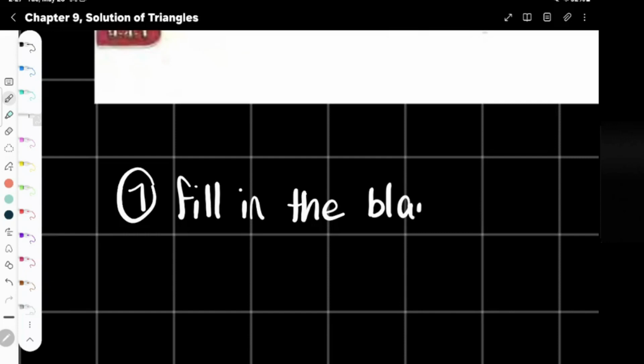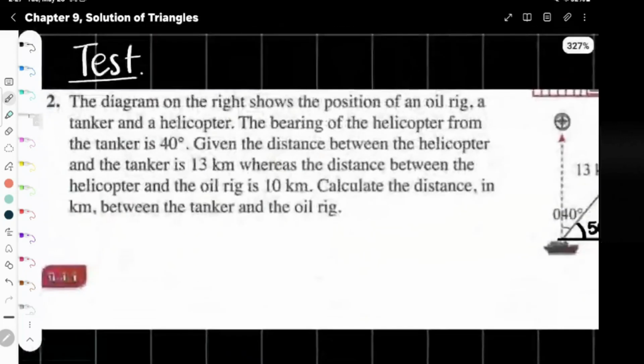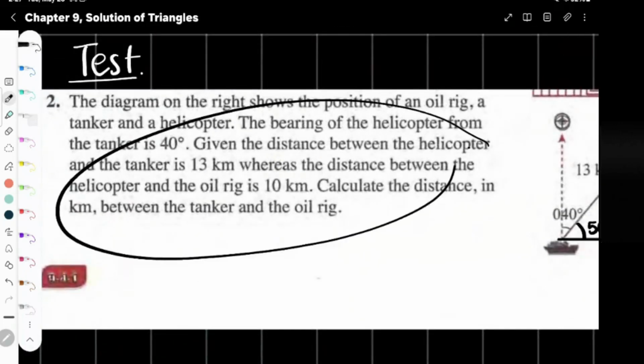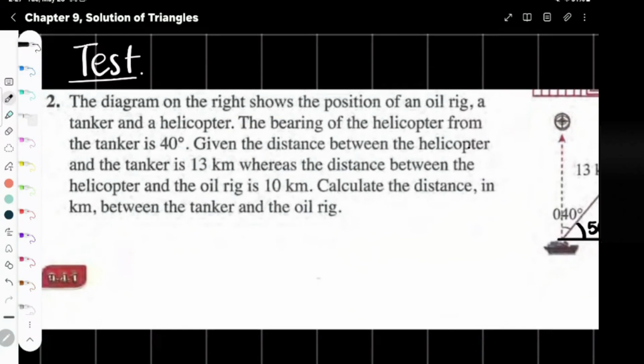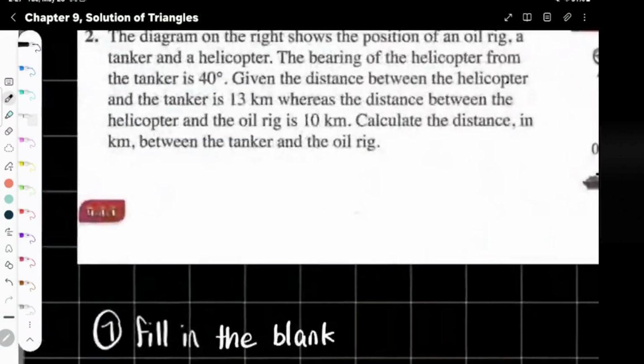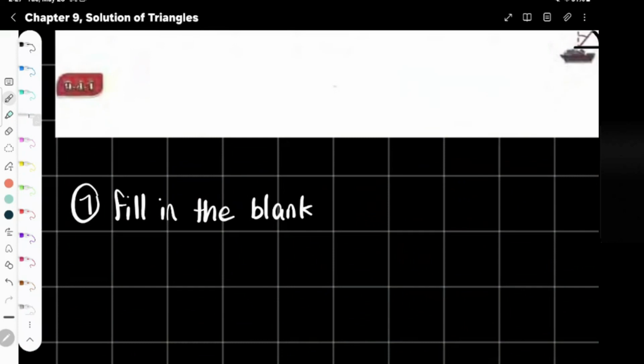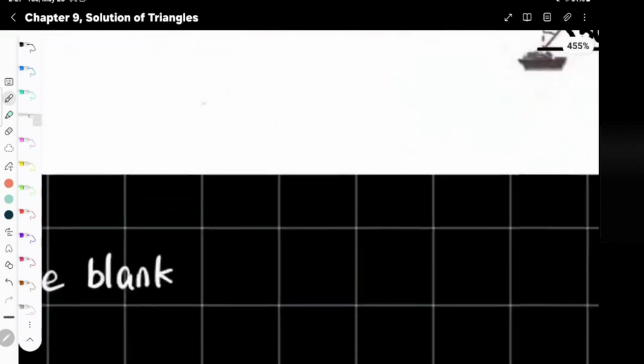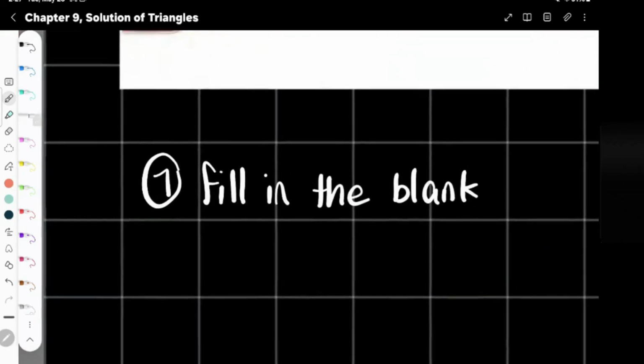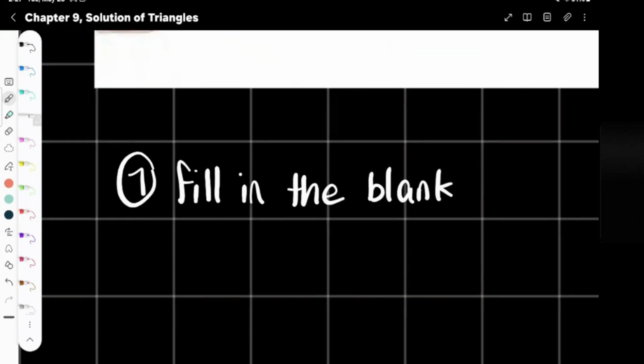If I have a question and they ask a lot, like this one, they give you a lot of information, but most of it is already on the diagram. So I will try to fill in the blanks without even looking at the question, so that I know a lot more information than I need to. Second,